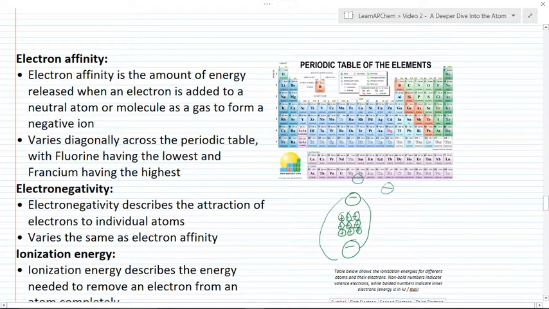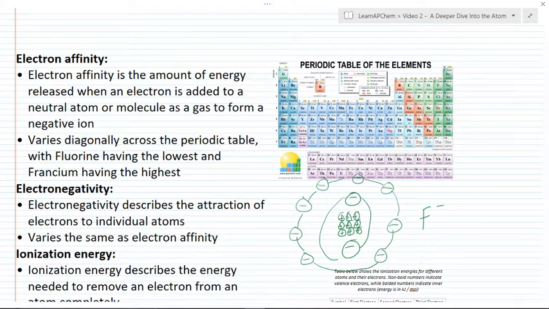So 1, 2, 3, 4, 5, 6, 7, 8. We have a full outer shell here, and this is F minus. So he brings up a good point. When we add an electron to fluorine and we get F minus, fluorine's octet is complete. It's stable,